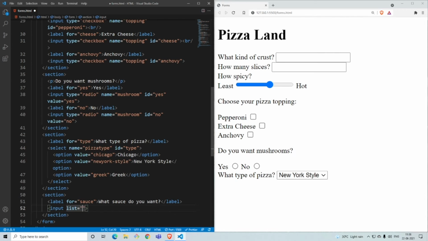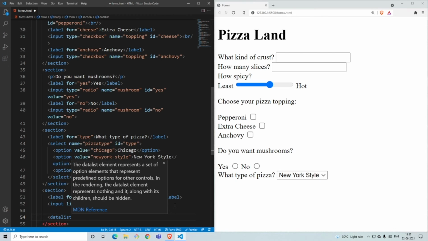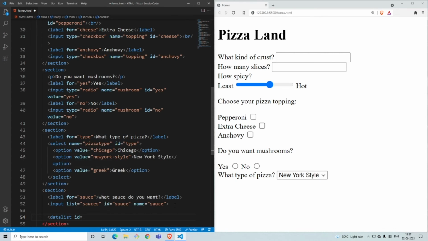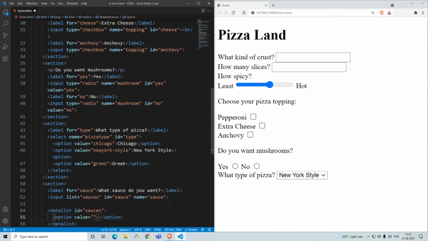So we'll say list, and we'll give the list to be sauces. We'll add the ID to be same as the for, so we'll say the ID to be sauce, and we'll say the name also to be sauce. Out here we'll add the list, which is a data list. So you add a data list, and you give the ID which is the same as the list out there. So you give them sauces. We'll give the closing tag, and inside the sauces list we have to give options.